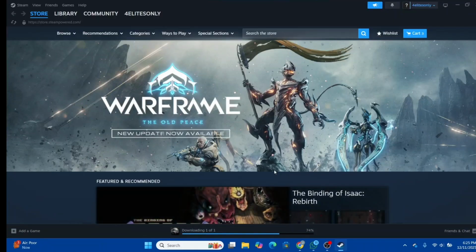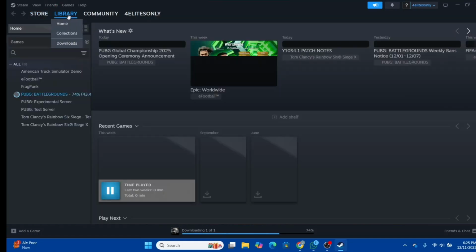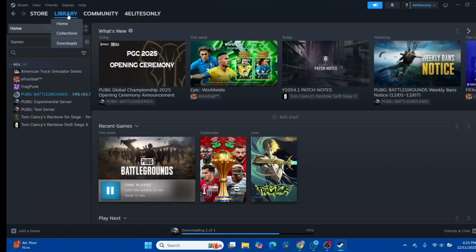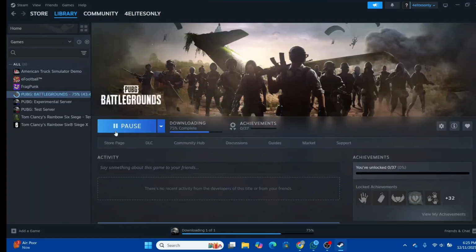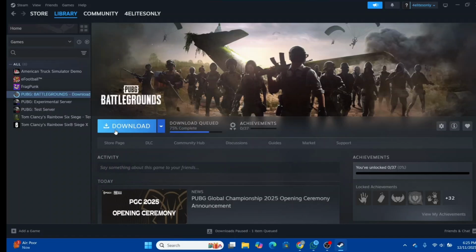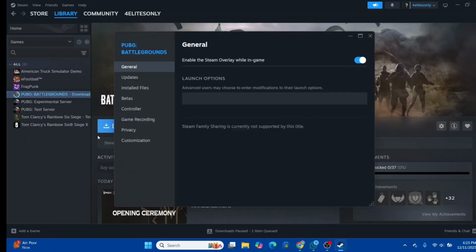Now once you open up your Steam, you can look out for your library option at the very top and select it. And within library, you can look out for your game, particularly one that has been downloaded. Now, once you look out for that game, what you need to do is go to the properties of that game by right-clicking on it. Right-click on it, select the option properties, and within properties, you can go to general, this section right here,